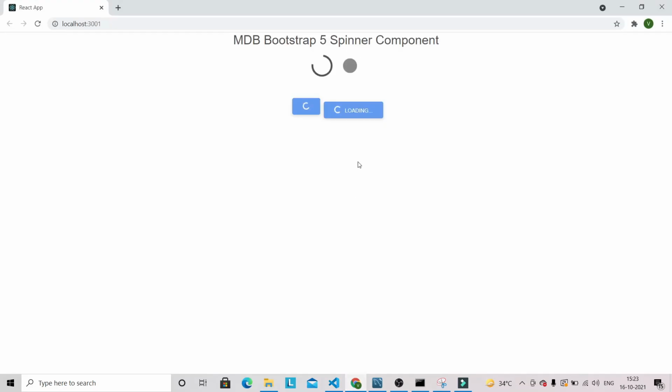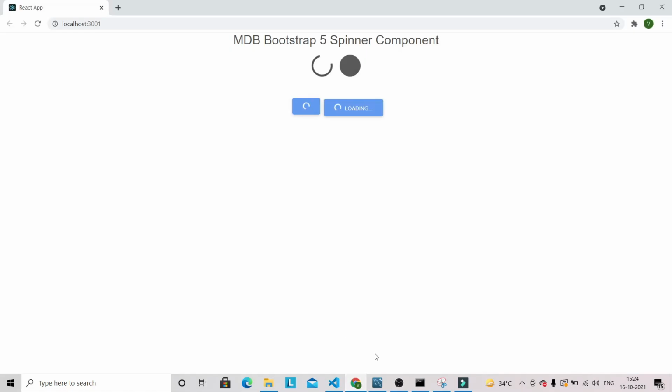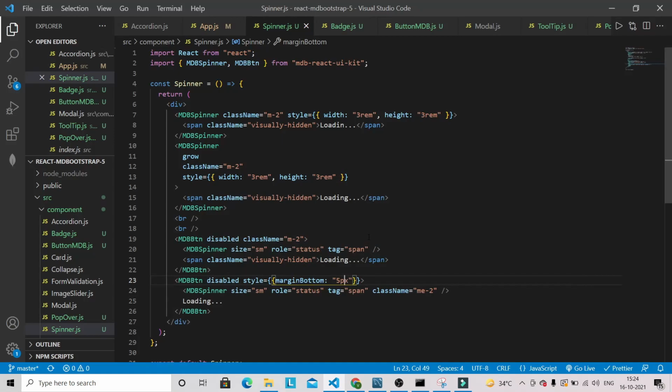And if you feel like this is a little bit down, you can apply some inline styling here. You can give style margin bottom 5 pixel. If you do that, we have to increase a little bit more. Let's give 8 pixel.